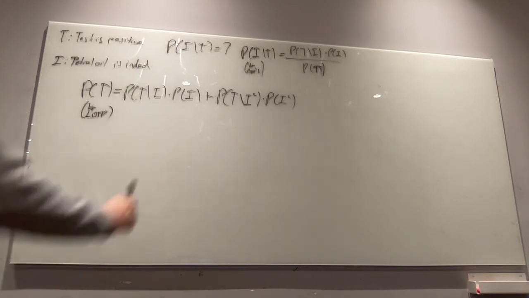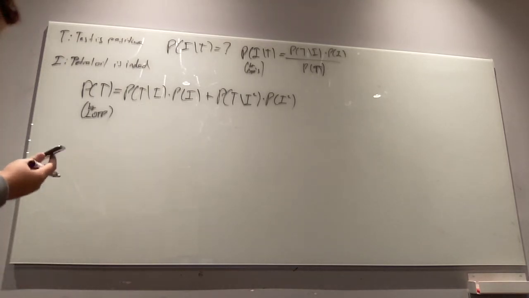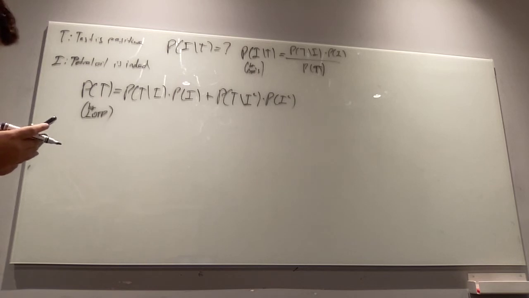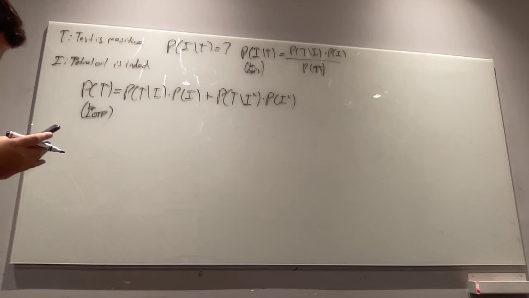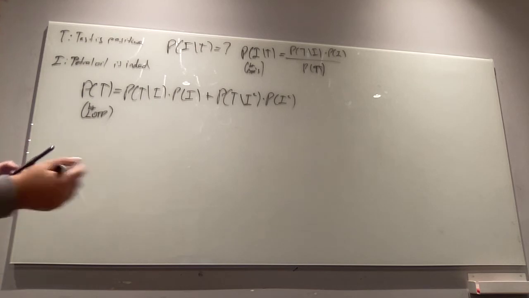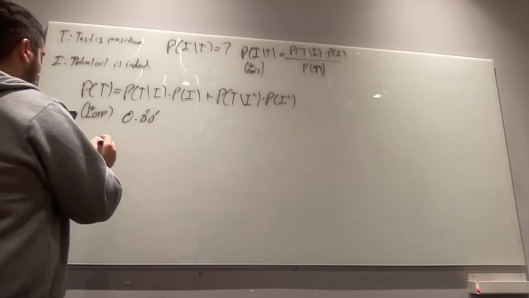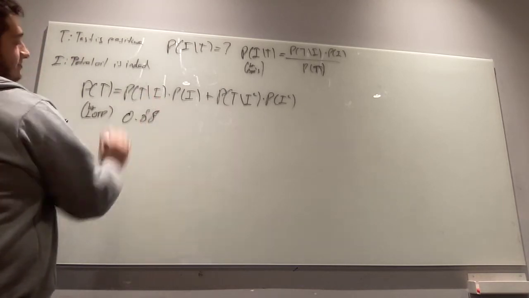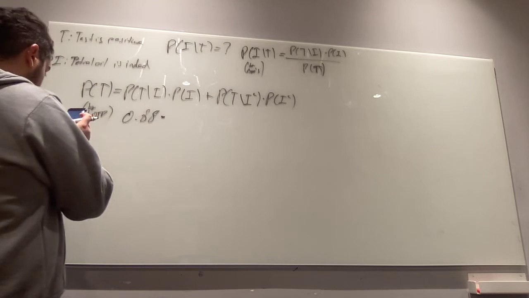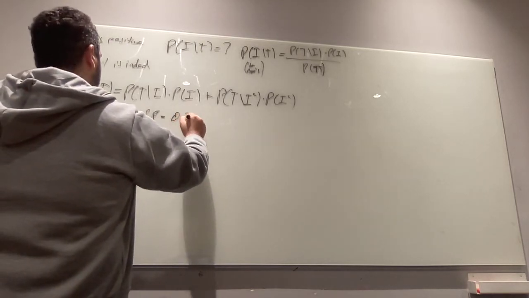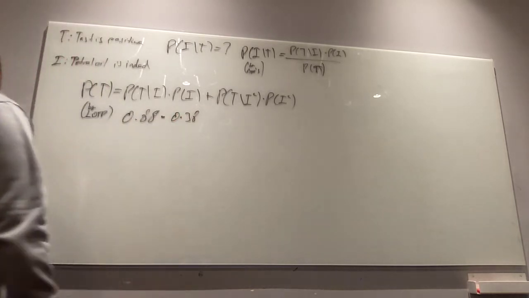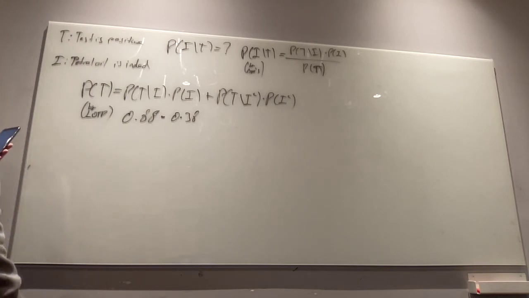T given I: what's the probability of that? The probability that the test indicates the presence of oil is 0.88 if the oil is indeed present, times the probability of I, which is 0.38, the presence of oil in the test area. Okay? Plus